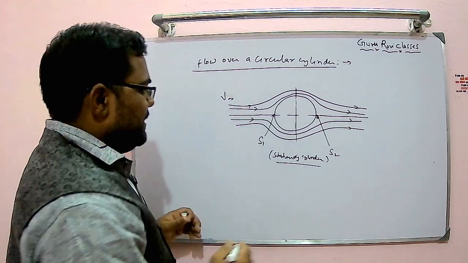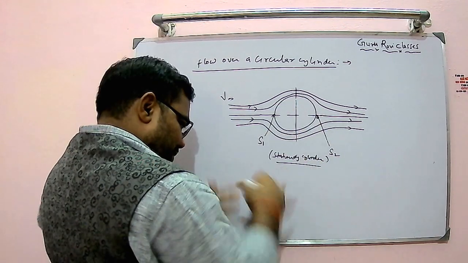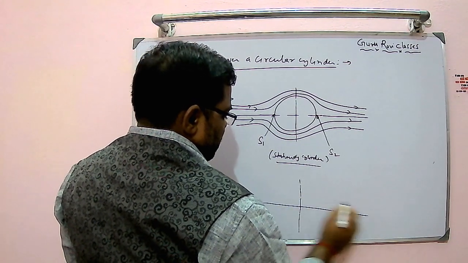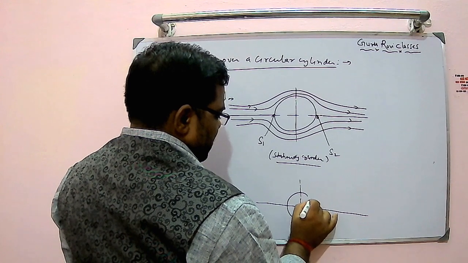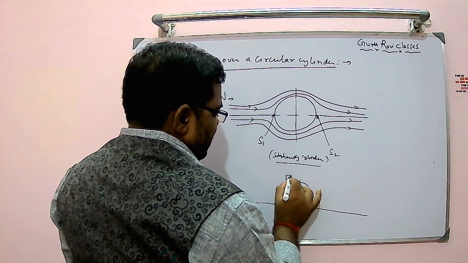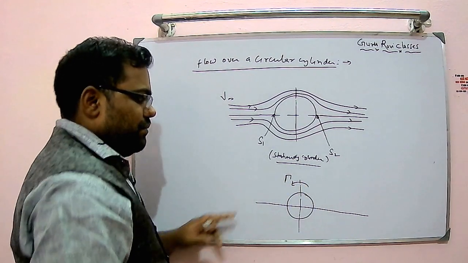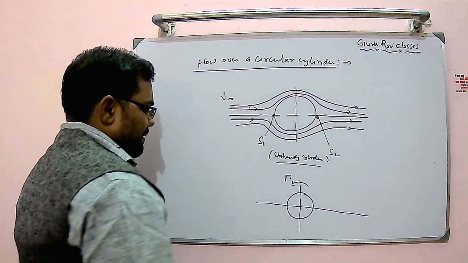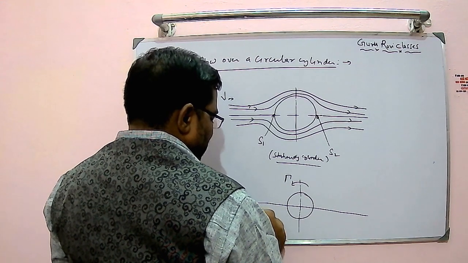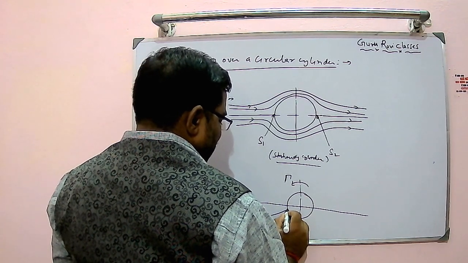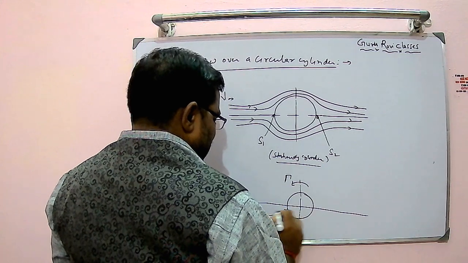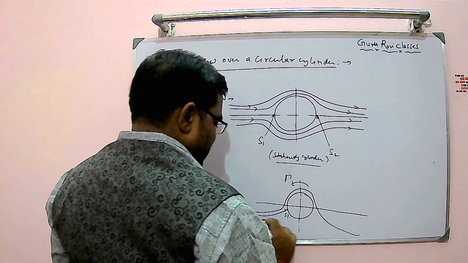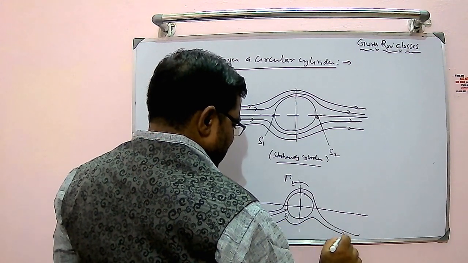So take the second case, when the circular cylinder is rotating, spinning. What will be the case? I am considering now that the circular cylinder is spinning with some circulation. I have given some initial circulation denoted by gamma. So it is rotating like this and flow is coming like this. When flow is coming like this, what will happen? The moment flow comes, one stagnation point will try to strike here. It strikes here, flow goes like that and leaves like this. Similarly, here flow is coming like that, leaving like this.